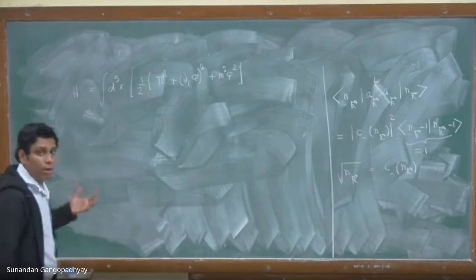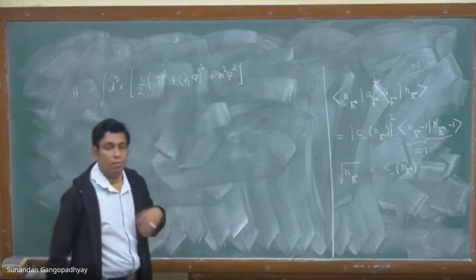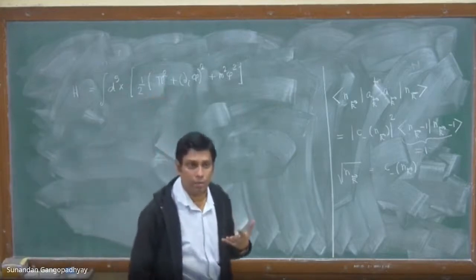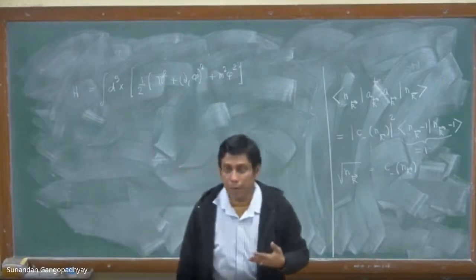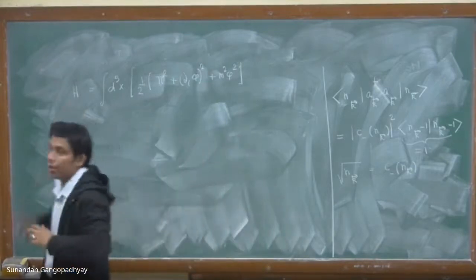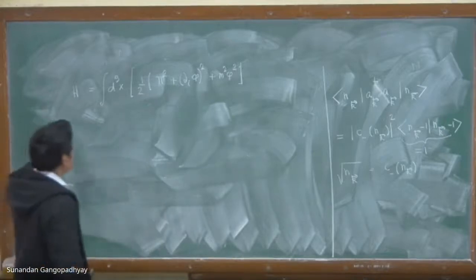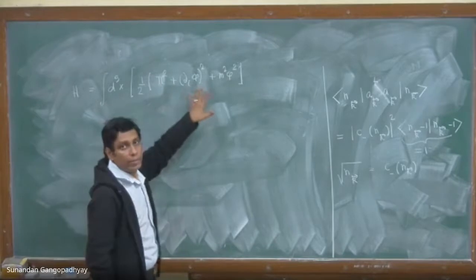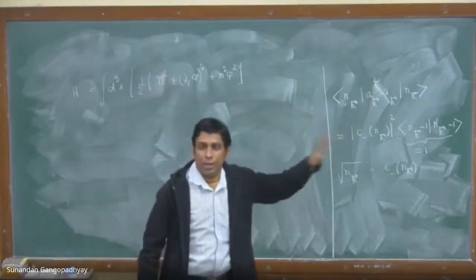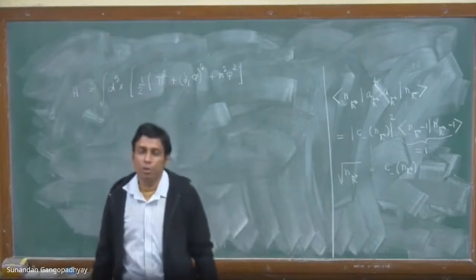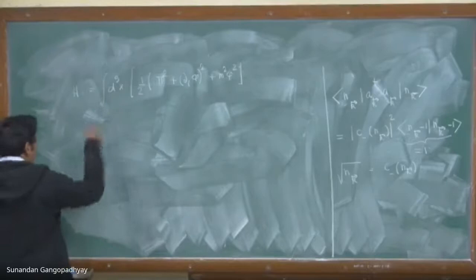Now, when we quantize the theory, these phi's and pi's are now operators. These are quantum fields, not classical fields, and therefore they have to be elevated to the status of operators. And therefore, this Hamiltonian is now an operator. What we shall do now is substitute the normal mode expansion for phi and pi in this expression, and then see what the Hamiltonian operator comes out to be. So this is our aim.